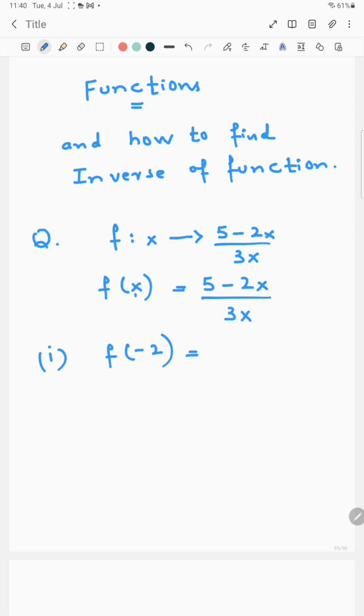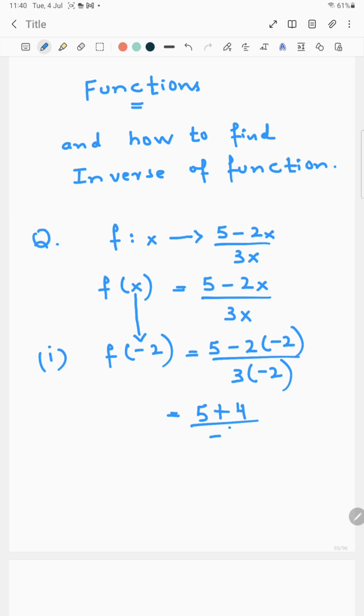So see, instead of x we have to put minus 2. So 5 minus 2 times minus 2 divided by 3 times minus 2. So 5 minus minus, plus 2 2s are 4, divided by 3 times minus 2 is minus 6. 5 plus 4 is 9. 9 by minus 6, both are divisible by 3. So we will divide it by 3. So we will get minus 3 by 2, and then we can write it minus 1 whole 1 by 2